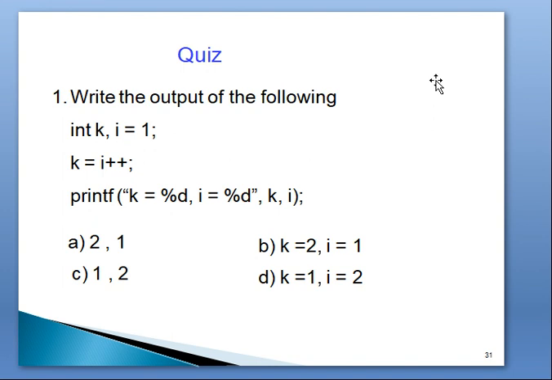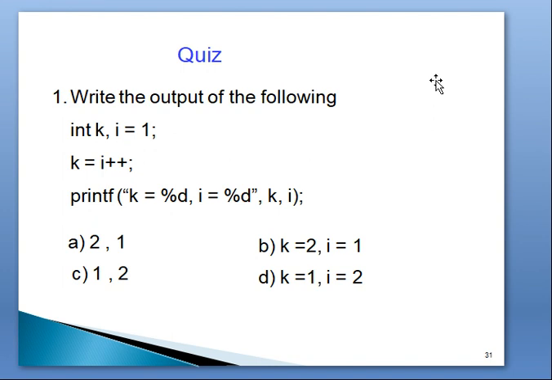Now observe the flow of execution. Here i value is 1, k value is nothing at first, as it is only declared.